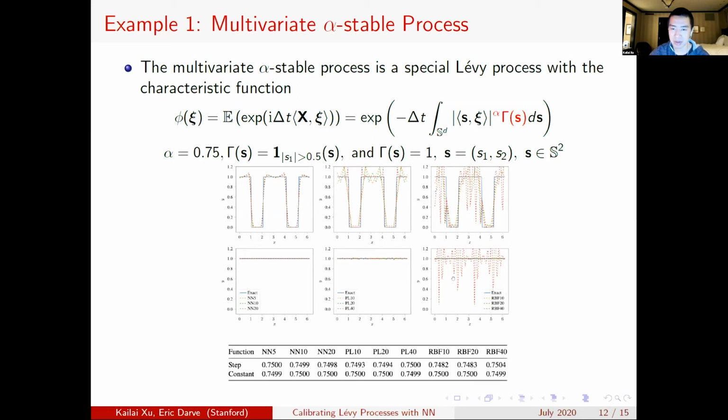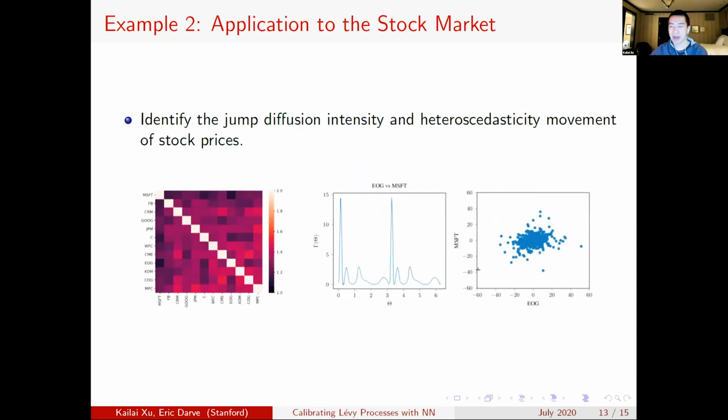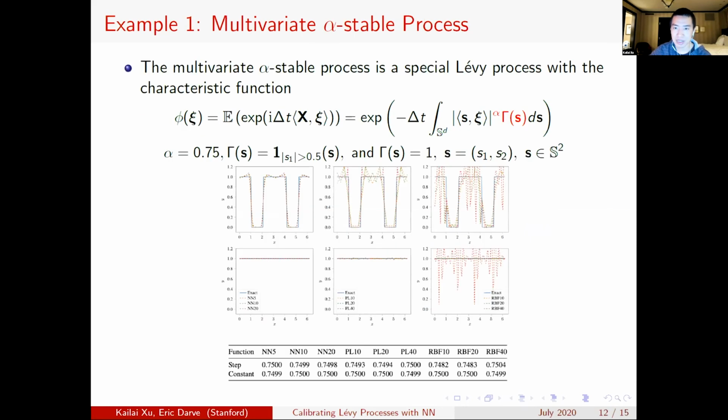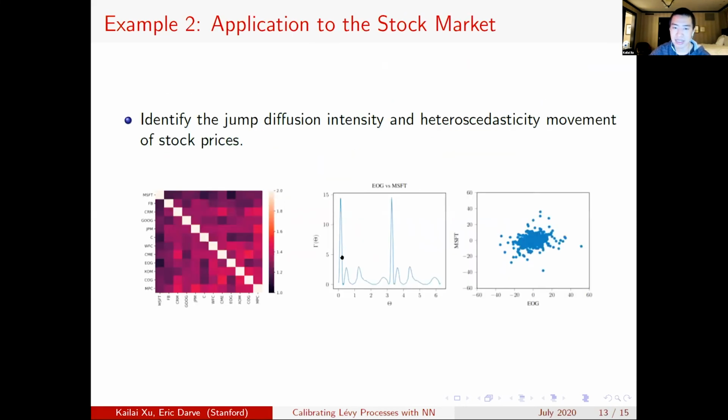This is because we are not doing X to Y supervised learning, but we have to stack all the neural networks into a numerical scheme, and that brings some noise into the data. So that's why we see the difficulty for the radial basis functions. And we apply this approach to financial data, which is stock pairs. This is the alpha parameter here, and the second is gamma here, and we can see we can discover some patterns between the pairs, and you can see the peaks here. Those are discovered automatically using this approach.